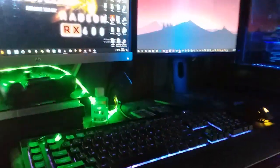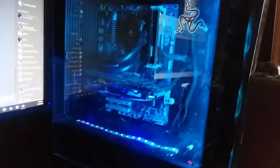Today we are going to be looking at my main PC and seeing how it performs in 2019. The main reason I want to see how it performs in 2019 is because of its processor, which a lot of people seem to have bad memories of or for some odd reason just purely hate, even though it's not that bad. I'm currently rocking an AMD FX-8320 overclocked from 3.5 GHz to 4.5 GHz on a Gigabyte